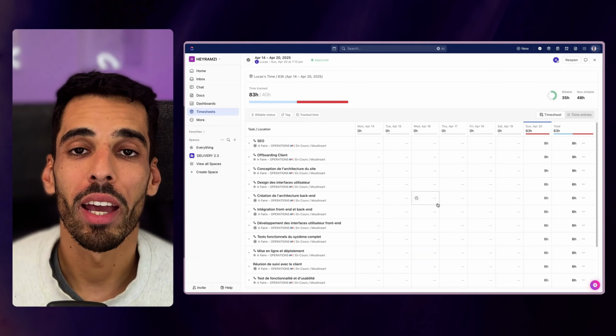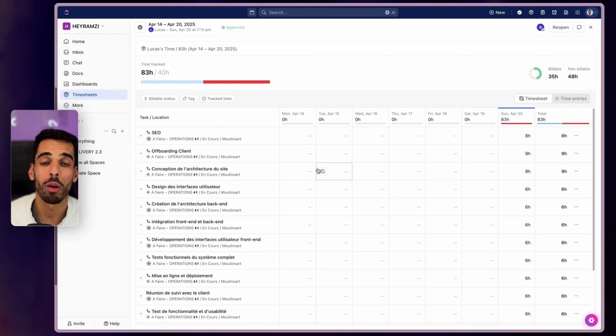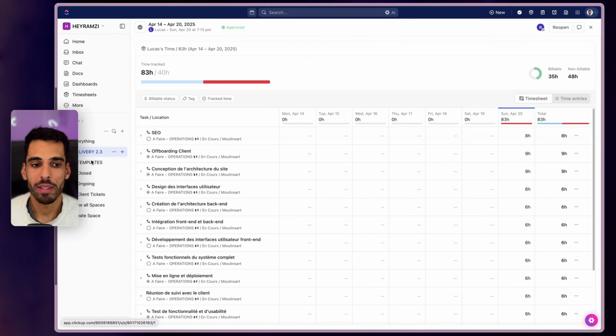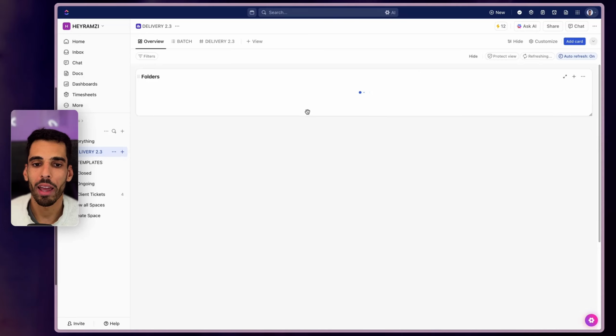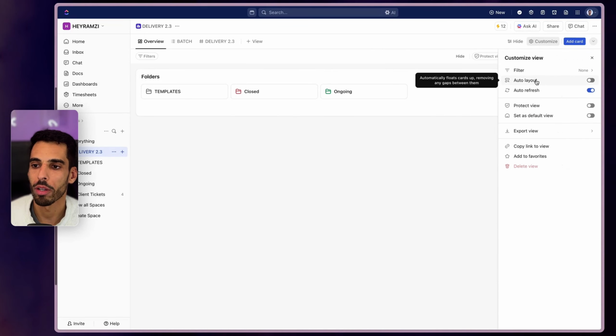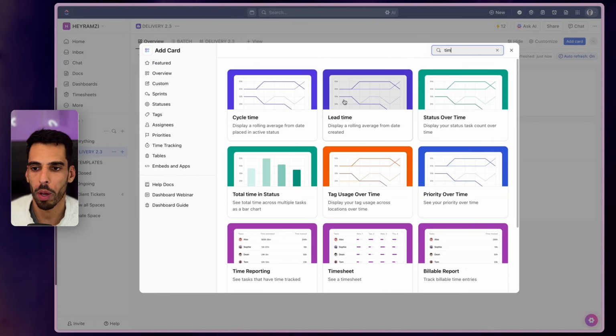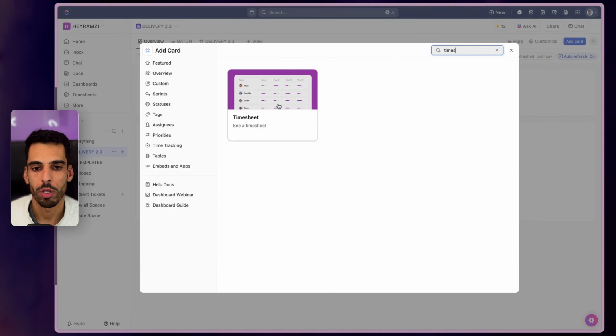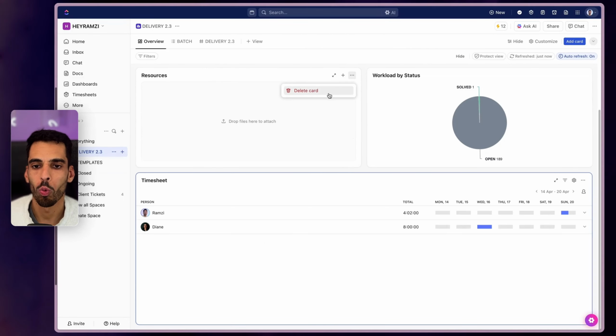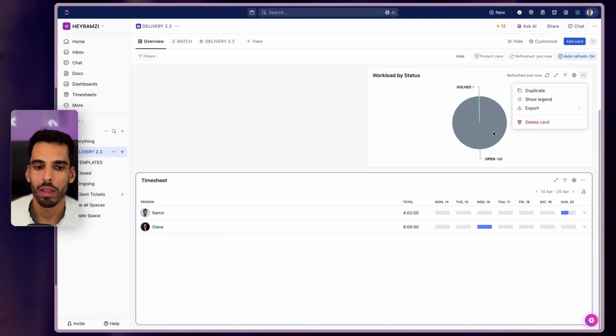With that said, I'm going to show you a few things when it comes to reporting your timesheet. I'm going to get to the delivery space right there, and we're going to add a card. This one's going to be a timesheet card. I'm going to add a card right here, and I can search for timesheet. It should pop up, and that's the one. I'm going to add the timesheet card, and this is one way to log the time spent on